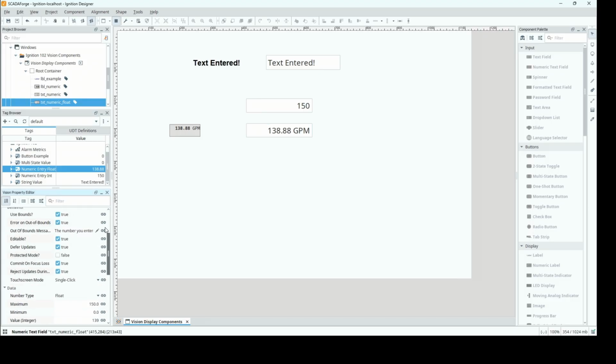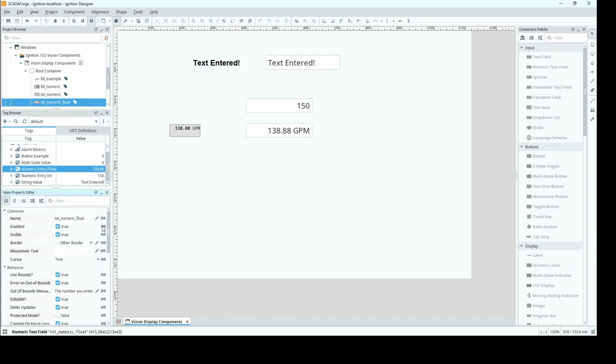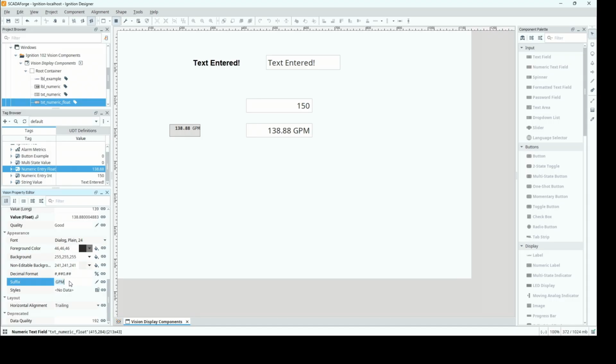And then if we want to, say, disable this for some reason, we could bind to the enabled tag, and that will gray this out so we can't enter anything into that value. We can also hide it by making it invisible, and that gives us some options. If for some reason you don't want to use the suffix,